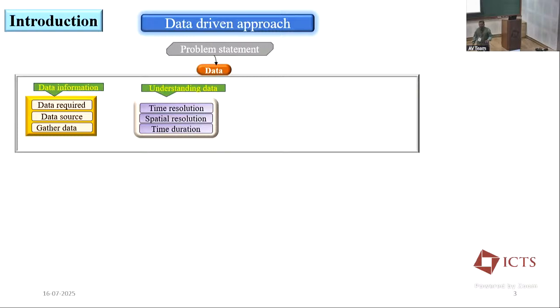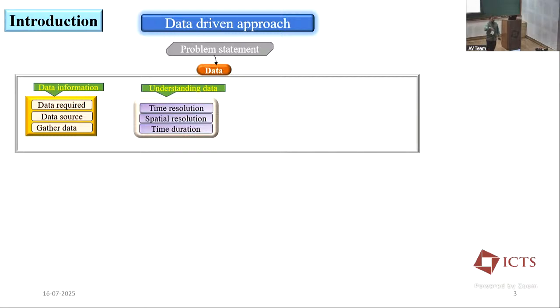Suppose we get one-day average data, can you do the nowcasting for the next few minutes, few hours? If we are going to do nowcasting for the next 1 hour or 2 hours, what kind of data is required? Hourly or sub-hourly? Maybe half-hourly or 15 minutes, no? That is what you should understand: what is the time resolution.